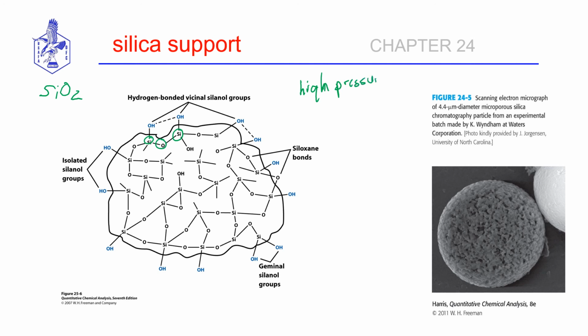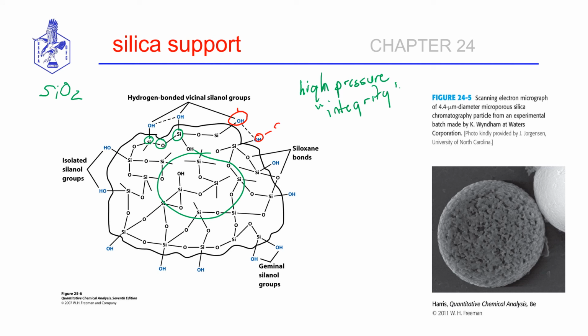So it's important that we retain the integrity of the strength of the particle under that high pressure. That's one important consideration about our silica particles. The other is the way that we get our desired stationary phase material onto the surface: we're going to react these surface silanol sites with some kind of a silane molecule to end up getting